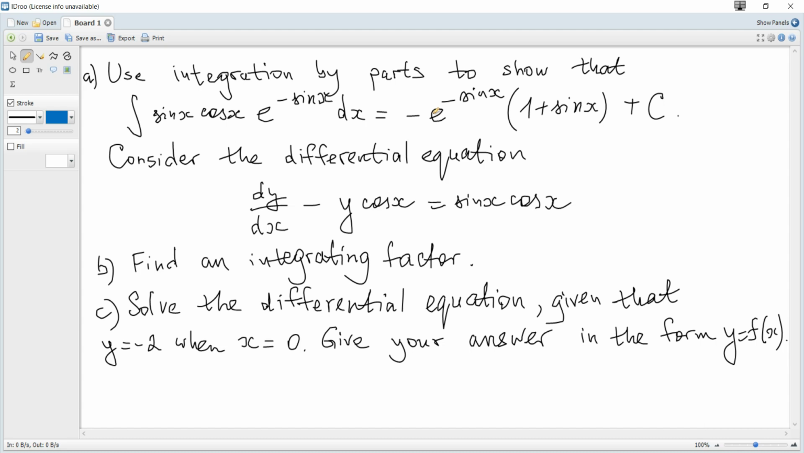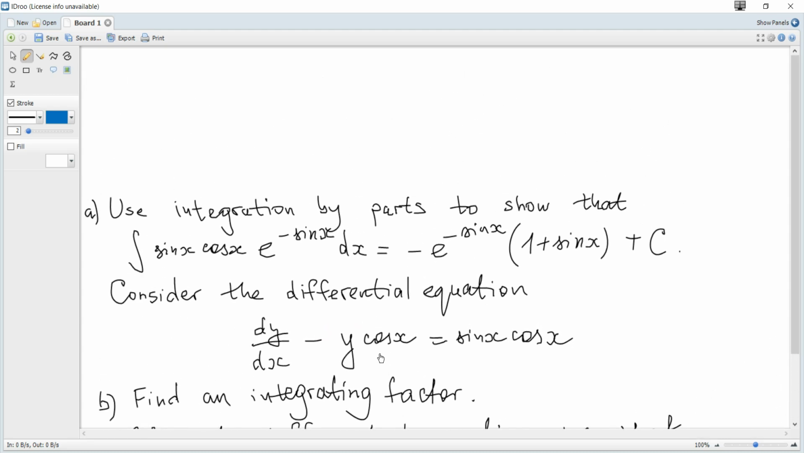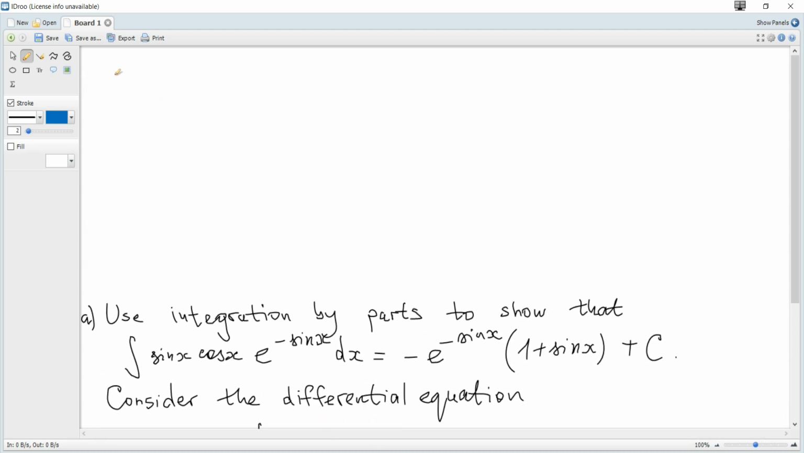Use integration by parts to show that the given integral is equal to this expression. Since it's specified that we should use integration by parts, we need u and v prime to be chosen. And we should consider this expression as a product of two functions, and